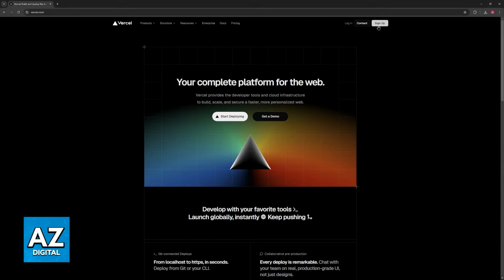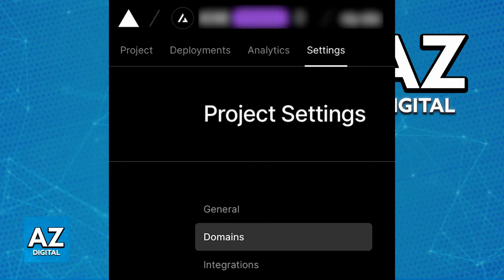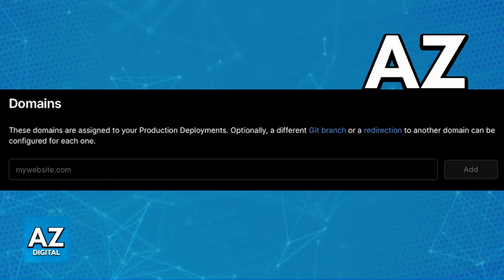So log into your Vercel account, and once you are properly signed into your account on your dashboard, access the settings for a specific domain that you would like to manage. Now, there should be a subsection titled Domains or Custom Domains, as you can see highlighted here. Now, just choose the option to add a custom domain by inputting it into this field and then clicking Add at the right side of the screen.